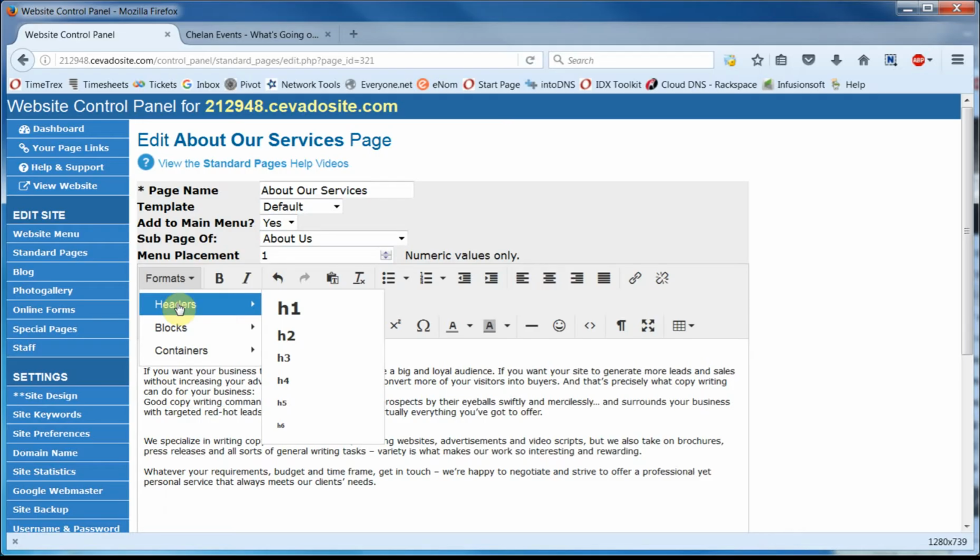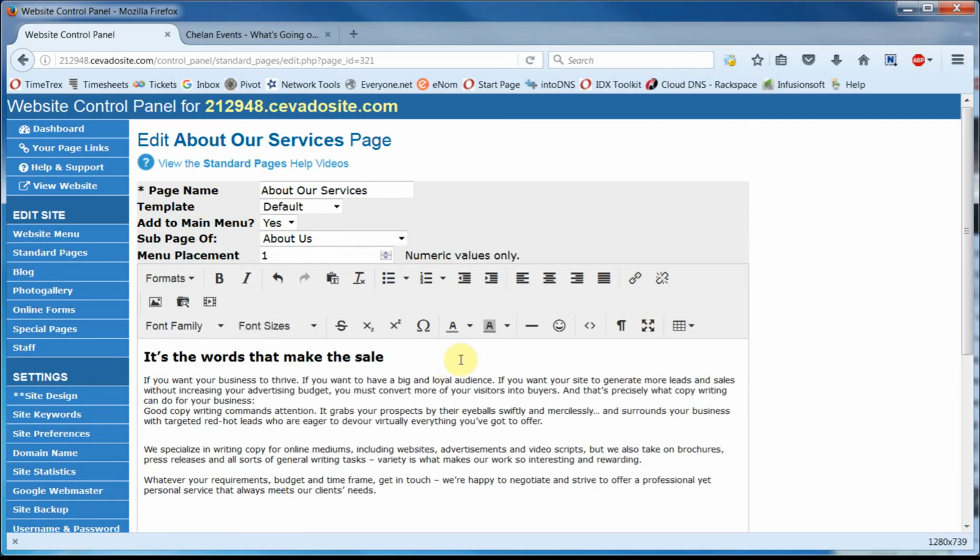Header tags are useful as they work in browsers that might otherwise struggle with a font size command. And they also help with search engine optimization as they identify the words that are supposedly more important than the rest of the page. We'll select H2. Well, not bad. But if you have a specific font size in mind, you can once again highlight this and